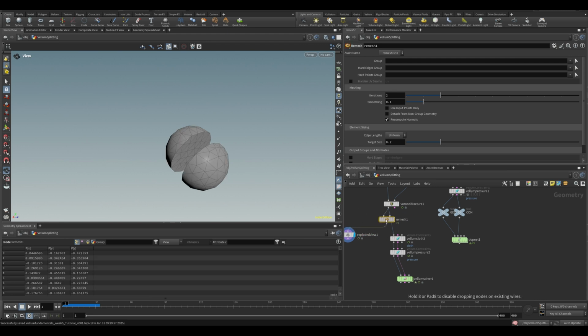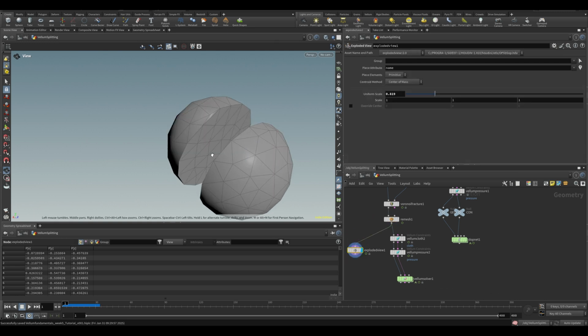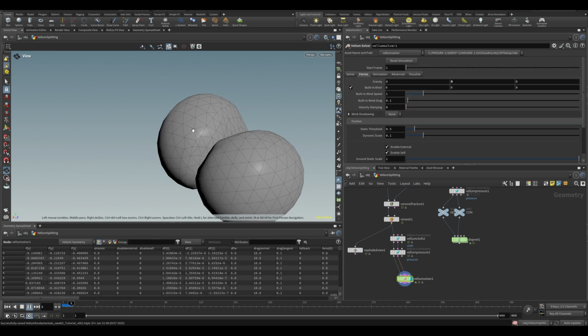Let's put a remesh in between it. This will effectively just remesh the entire thing, add some more geometry. We can change the target size to be a little bit smaller so we get a little bit more geometry. And if we now,